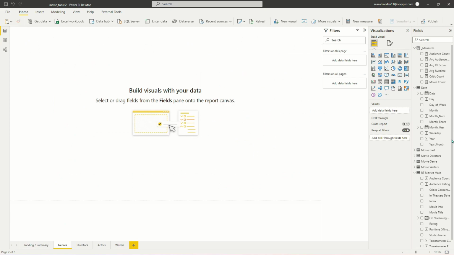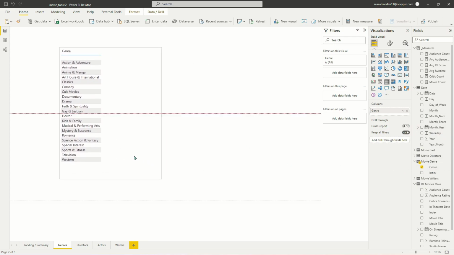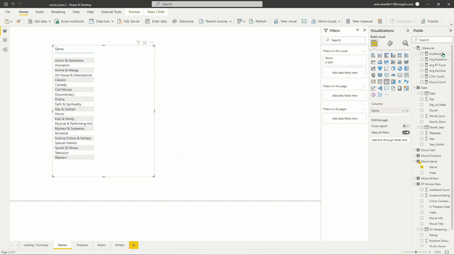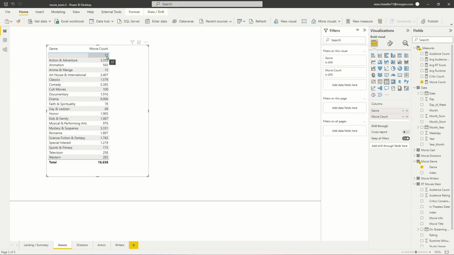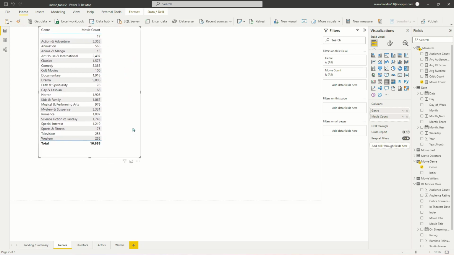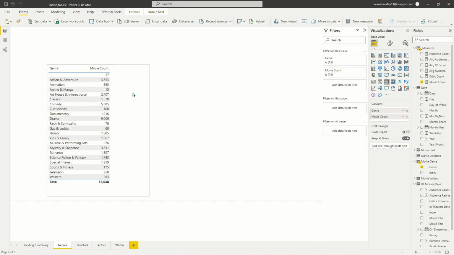might make sense here. Obviously, one of the most important views for a page called genre is to grab our genre dimension from our movie genre table. Go ahead and pull that over. And we're probably going to want to see which of our measures are going to make the most sense over here. So let's go ahead and drag movie count. Looks like there are 17 movies that didn't have any kind of a genre. Might be worth just excluding those for consistency's sake, since it's such a small number of films, or you can